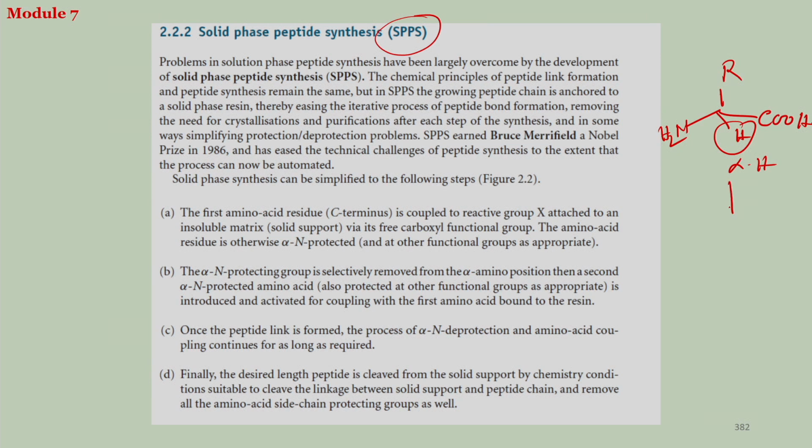So, in presence of reagent, transiently I should write it as